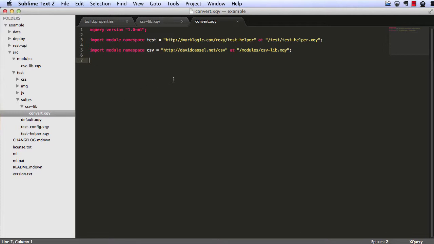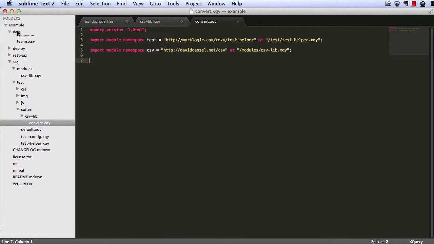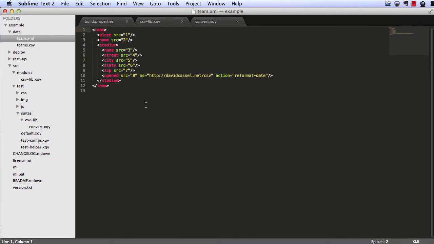Now the purpose of this library is to let you take a line of CSV text, a comma separated value, and apply it to an XML template. Now, your first thought might be that, hey, MarkLogic Content Pump, MLCP, does a really nice job of ingesting CSV already, and that's true. The only downside to it really is that it gives you a very flat XML file. Suppose that you wanted to have a file with a bit more hierarchy or structure in it. You could use a library like this one